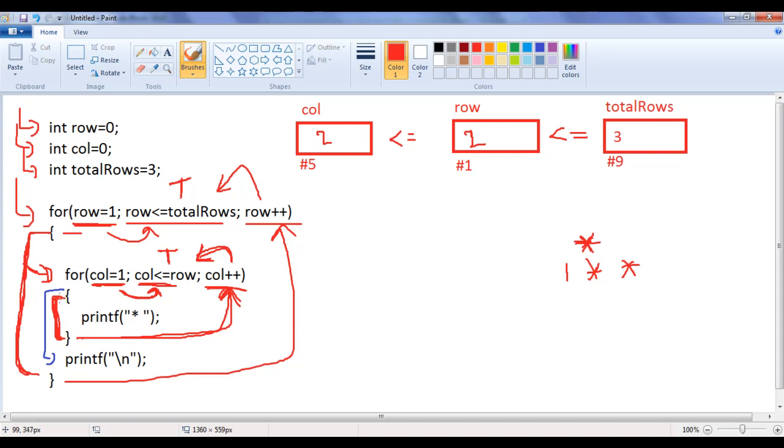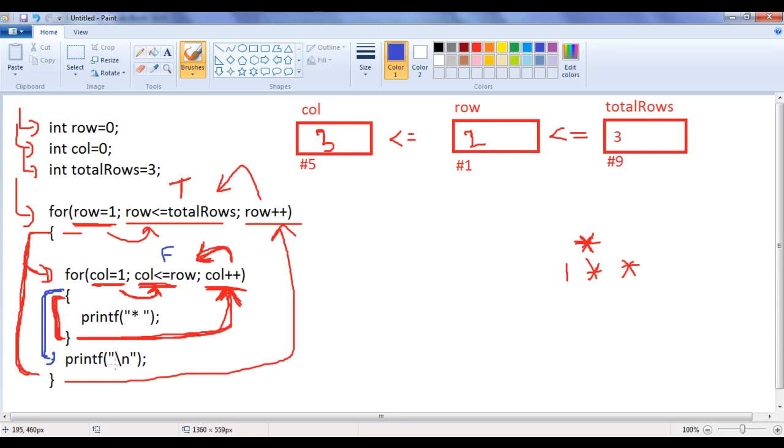After executing all the statements in the body of the inner for loop, control goes to increment or decrement part of the inner for loop. Call plus plus. Call is 2, it becomes 3 guys. Then it goes to condition part of the inner for loop, checks the condition whether call is less than or equal to row. 3 less than 2 is false because 3 is greater than 2. 3 equal to 2 is also false because 3 is not equal to 2. As both conditions evaluate to false, the result will be false guys. As this condition evaluates to false, the inner for loop is terminated.